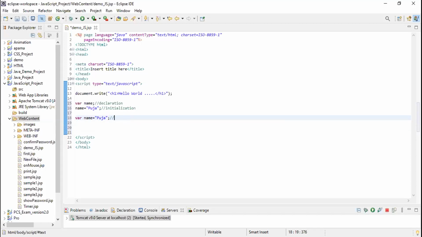So this is a string type of variable. This is a number type of variable.